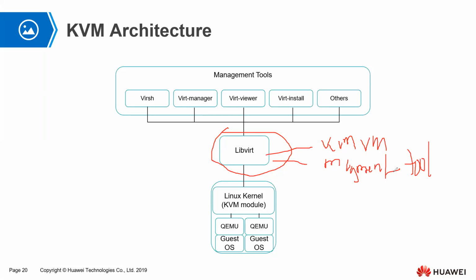Libvirt is an API developed using the C language. However, other languages such as Java, Python, Ruby on Rails, Perl, etc. can call the Libvirt API to manage virtualization platforms. So Libvirt is used by many applications, and in addition to the Virsh command set, these guys that you're seeing here, the Virsh command set, Virt-manager, Virt-viewer, Virt-install, and others, they can manage KVMs through Libvirt.